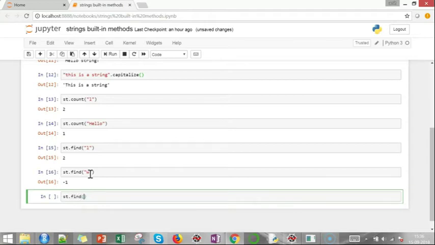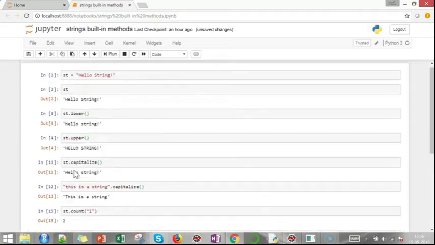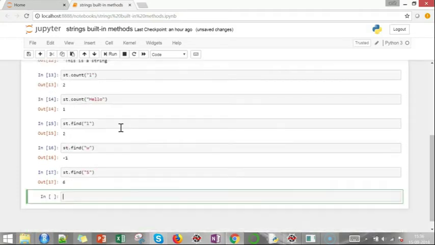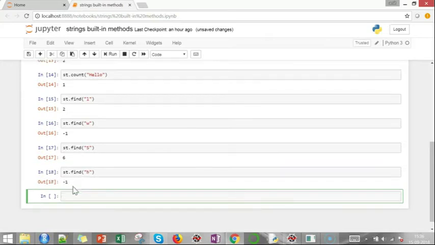If you are using capital S, capital S is there in the string. Now let us find small h. Small h is not in my string, so it will again give you -1. So this is case sensitive. Capital S is there, W is not there, that's why you get -1, and small h is not there, that's why you get -1.